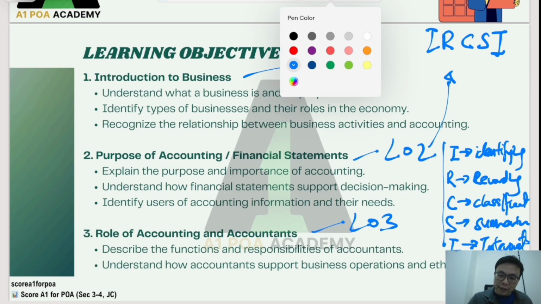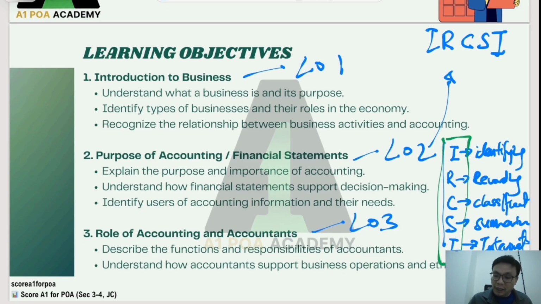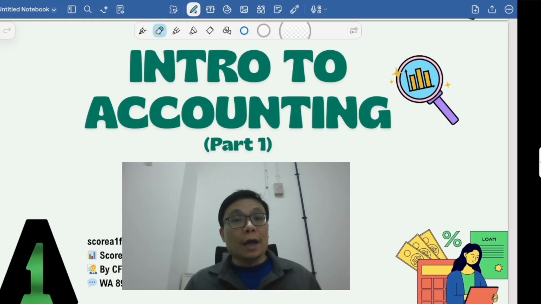So as a whole, this is the takeaway as far as the accounting process is concerned, which is important for us to be able to visualize it subsequently and apply when the other chapters unfold. And last but not least, we talk about the roles and responsibility of accountant. We being accountant, we are always perceived to be profession with moral high values, standing at moral high ground, and therefore stakeholders, whether internal or external stakeholder, they trusted us for their decision making. So that's first part of introductions to accounting.